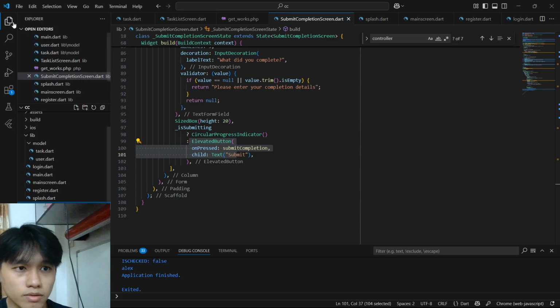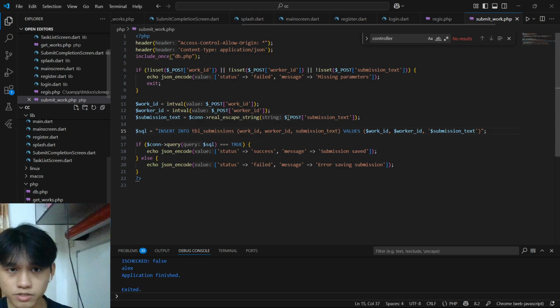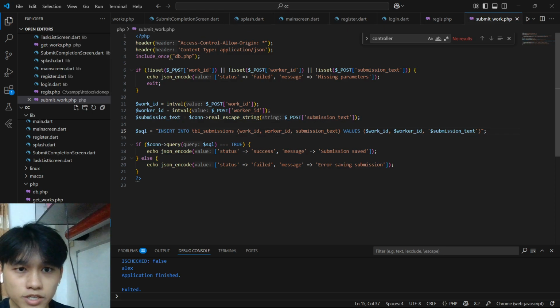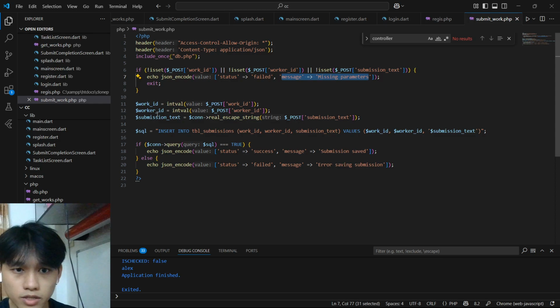So the PHP script for the submit work is this over here. So it checks if either column is empty. If one of them is empty, you just show missing parameters. If not, then you will get the integer value, and then it will also get the string value for the